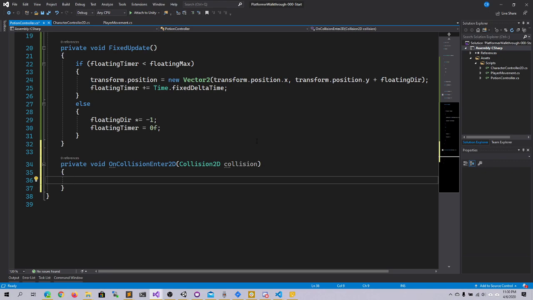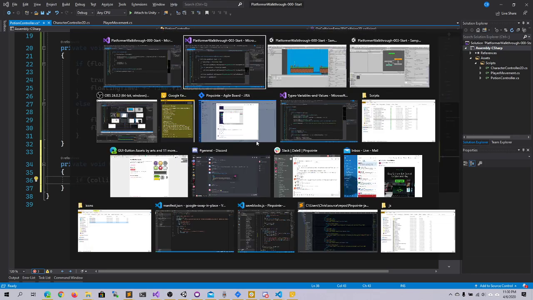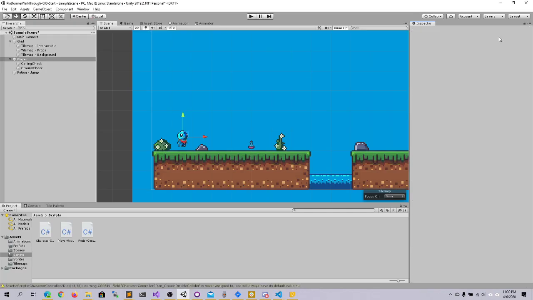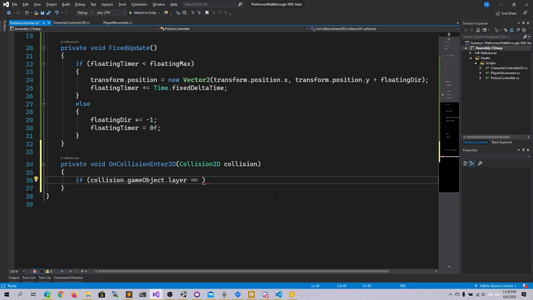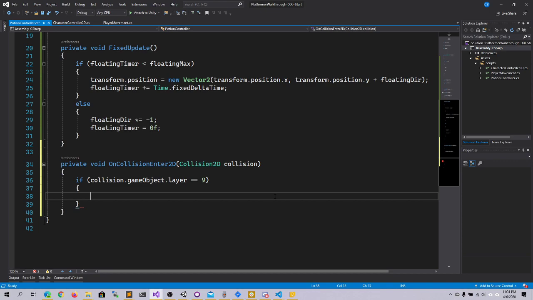So let's go ahead and say if collision.gameObject, so let's get the game object that we have collided with, .layer equals, now this is where I said it's important to see what layer the player is. In my game, the player is on layer 9. So in my code, I will say if the layer number equals 9, then I want to say, all right, I've collided with the player. We've got to do something about this. Now, we're going to check and see, is our own potion type equal to PotionType.Jump? If so,